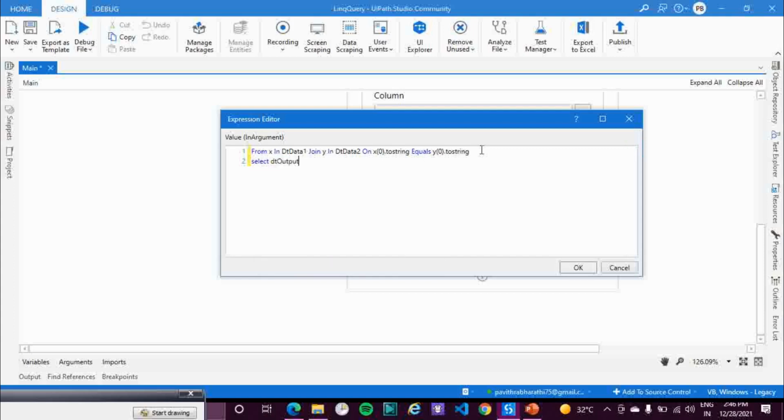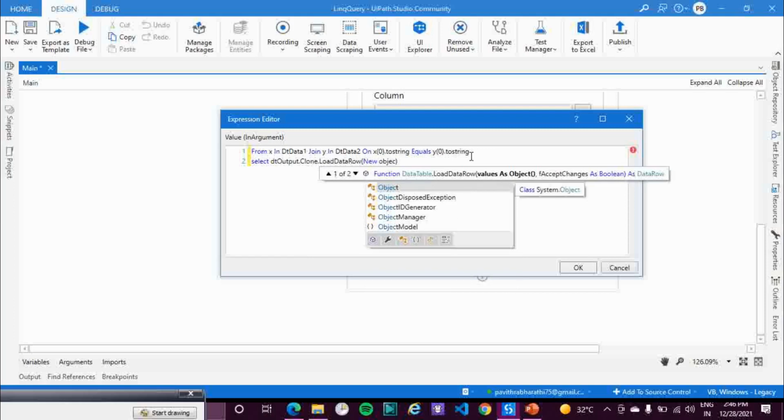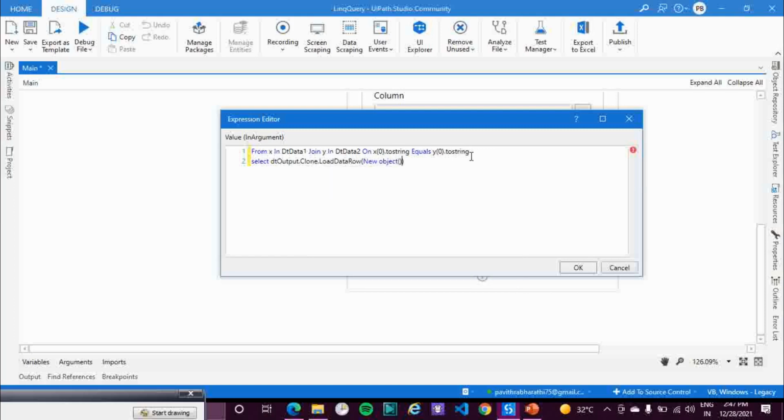So dt output dot Clone dot LoadDataRow, now new object, x of 0 dot ToString. Let me copy all this.